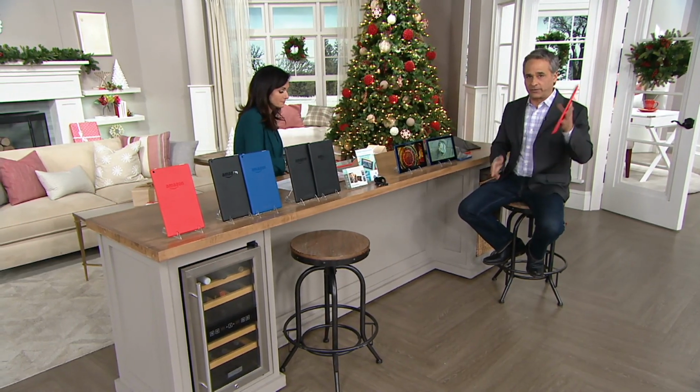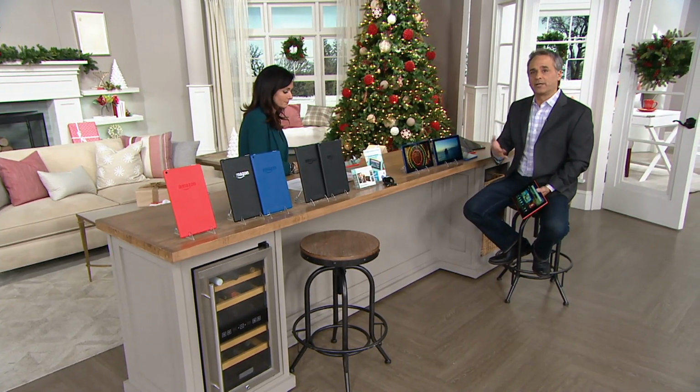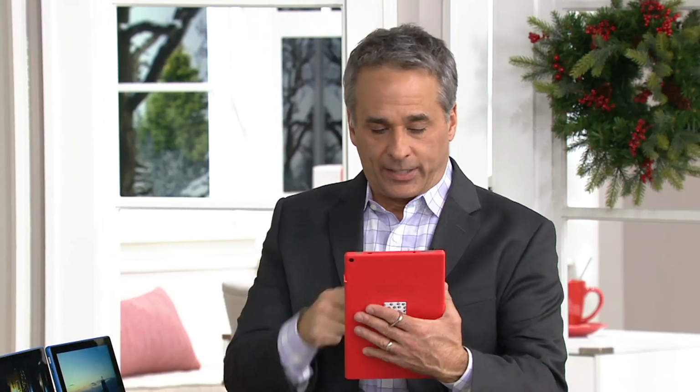There's 2 different ways to watch video on a tablet. You hear the term streaming. Streaming is when you're watching it in real time through the internet, right? You're connected to the internet through Wi-Fi, and you're watching something on Netflix. The other way is to physically download that video, save a copy of it to that card, and it'll do that for you,